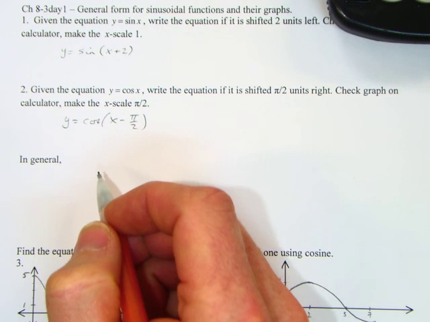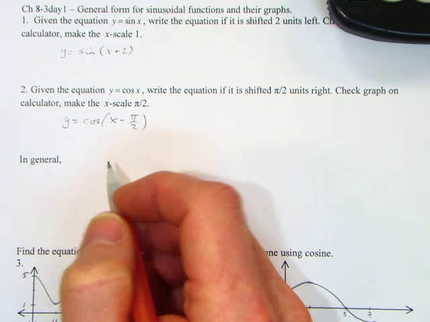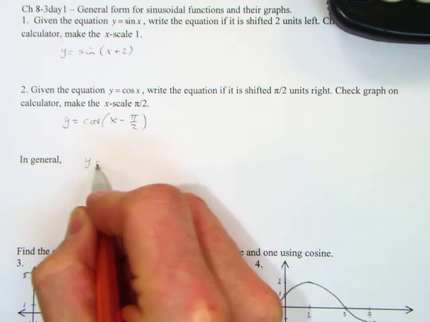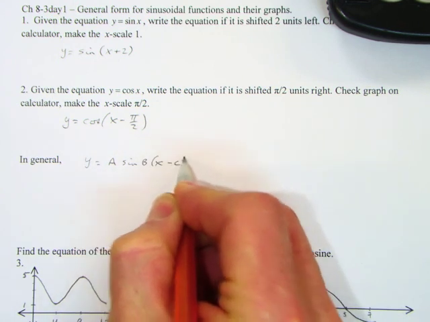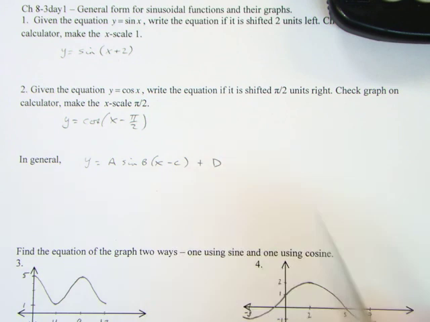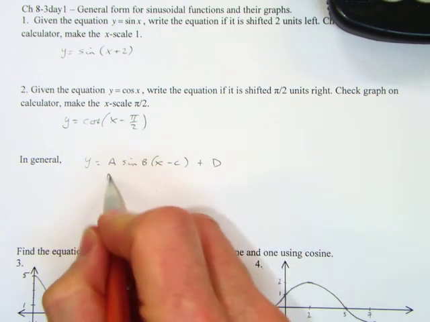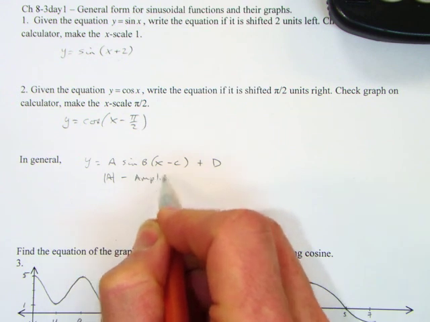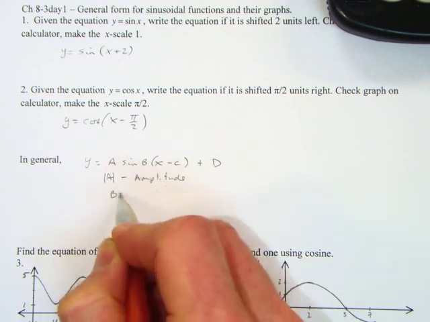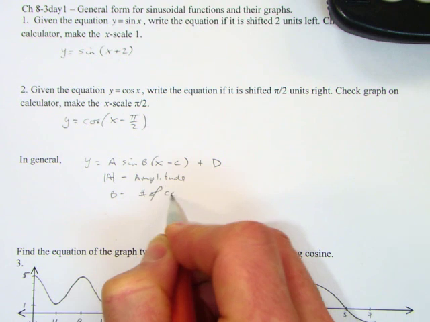All right. In general, we're going to look at our equation, which will be y equals a times sine of b times x minus c, plus d. Now, we've already looked at these. We have, just to recap, a is our amplitude, the absolute value of it. B is the number of complete